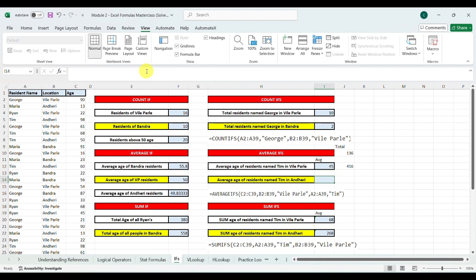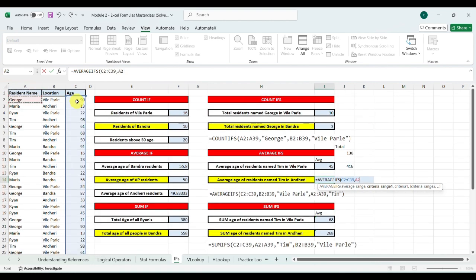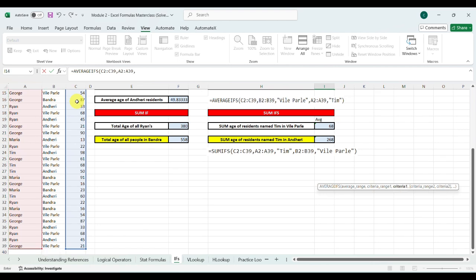In the same way, let's practice another: average age of resident name Tim in Andheri. So equals AVERAGEIFS, apply, age of resident name Tim, means C column, and Tim is in A column. So this, comma, select another criteria. It is asking for criteria range. It will keep asking, you can put a number of criteria. So what is the criteria? Tim in